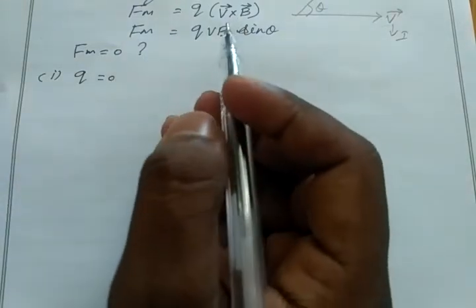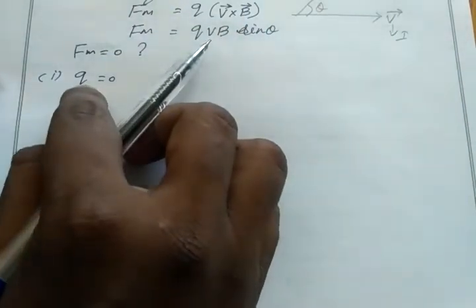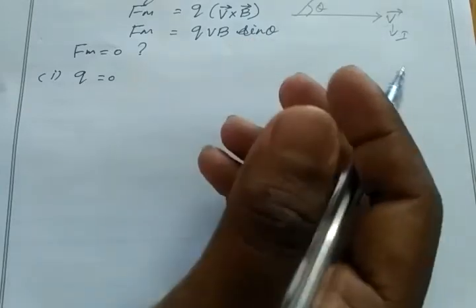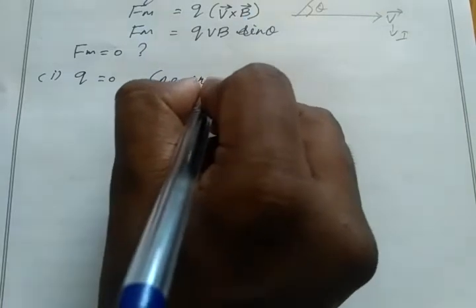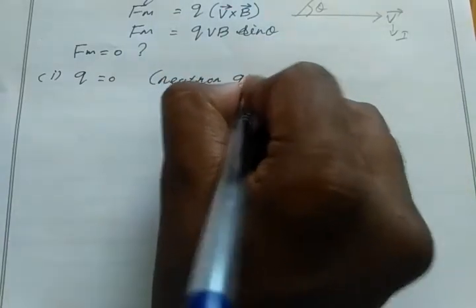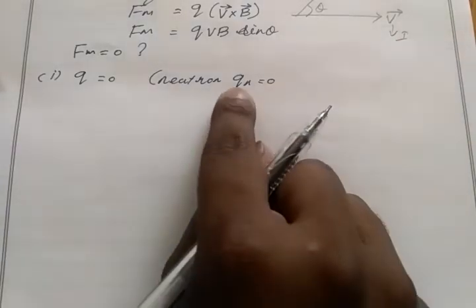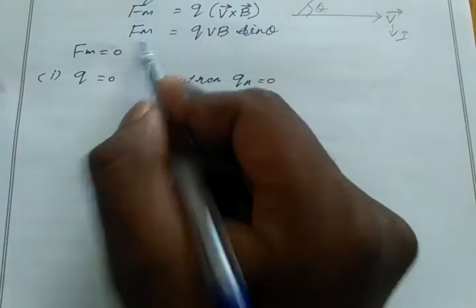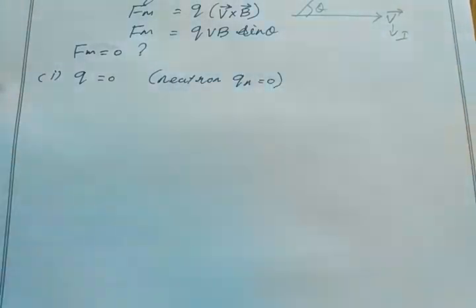We know if it is a positive charge, a proton, we have plus E. If it is a negative charge, we have minus E. If it is a neutral charge, then what is the charge of a neutral charge? 0, right? So for a neutron, the charge of a neutron is equal to 0. Neutrons mean neutral charge, neither positive nor negative. So if the charge is a neutron, then I get 0 magnetic force. No magnetic force will act on a neutron. So this is the first condition.